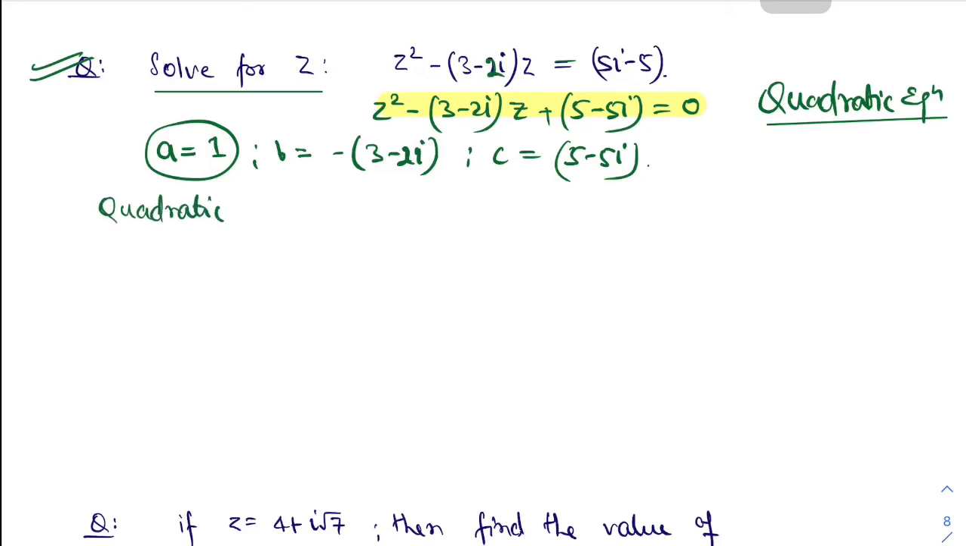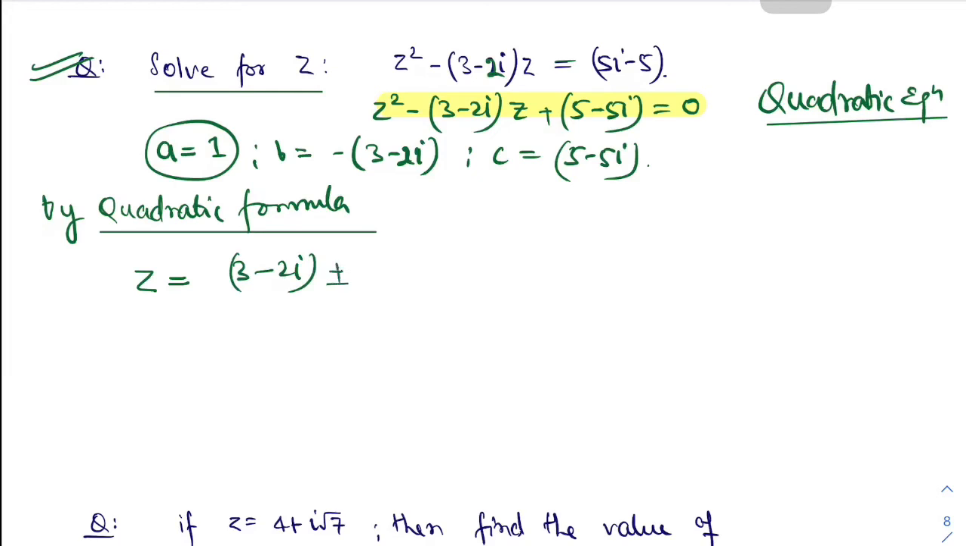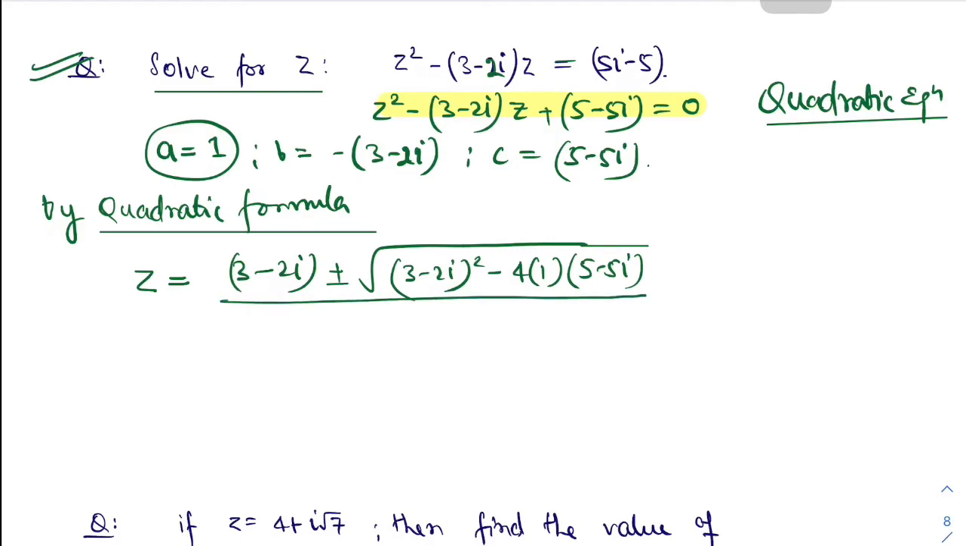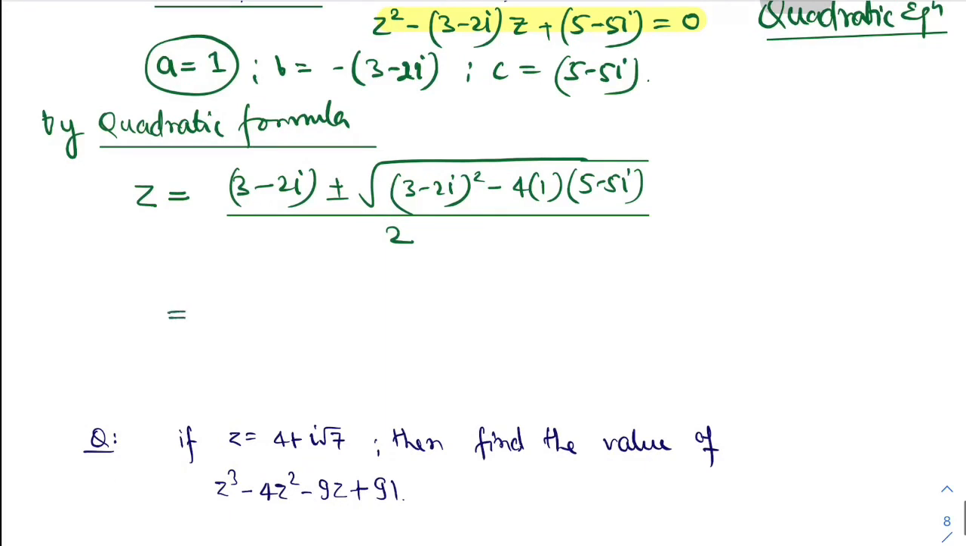So by quadratic formula, you will write z is equal to minus b, that is 3 minus 2 iota, plus minus root over b square. B square is (3 minus 2 iota) square minus 4, a is 1, c is 5 minus 5 iota. Okay, whole divided by 2. Okay, so 3 minus 2 iota plus minus,